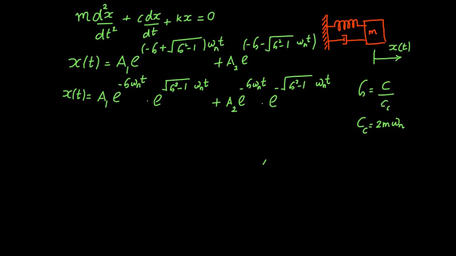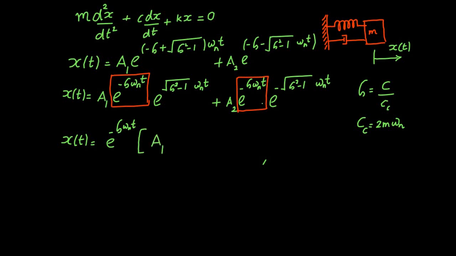Now, in this expression, you can see that e power minus psi omega n t comes here, and the e power minus psi omega n t is also appearing here. You can take this red box outside of the equation. So I can write this equation as x of t, and write that as e power minus psi omega n into t. That can be taken outside